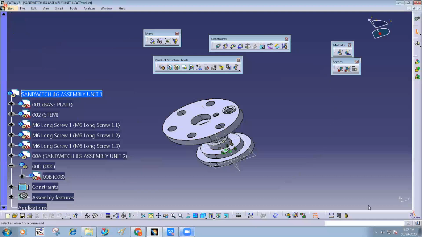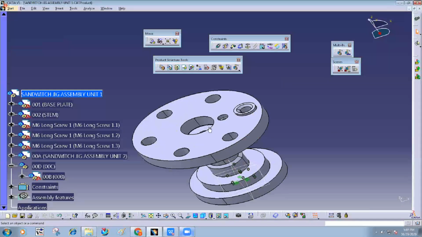Okay, so the parts currently are very small, but in industry there are thousands of parts and thousands of systems inside cars. There is a braking system, there is an engine system, there is a chassis system, different units are there.